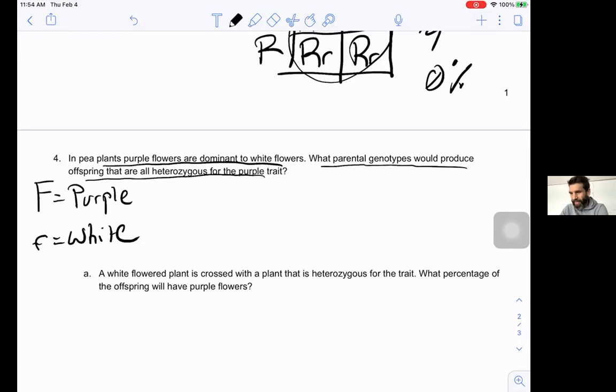Well, I'm going to pause for a second. You can pause the video here and try to figure that out. And now I will give the solution: if you have a homozygous dominant crossed with a homozygous recessive,